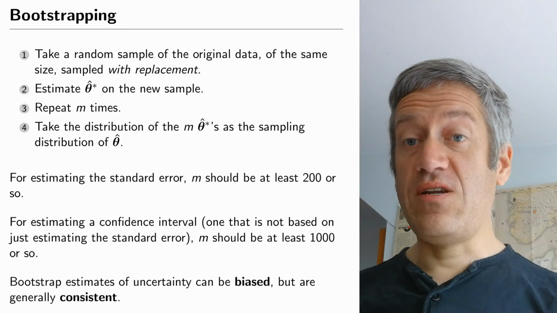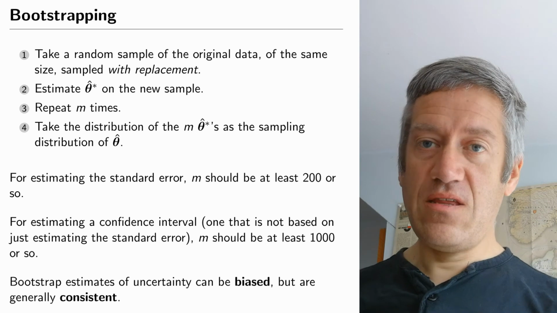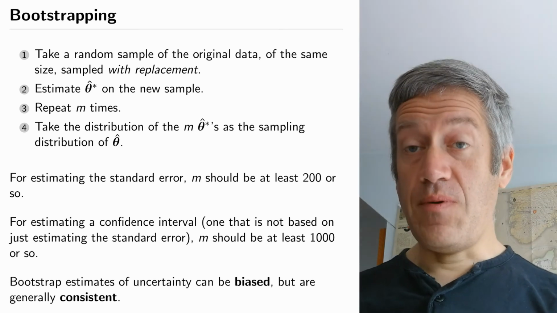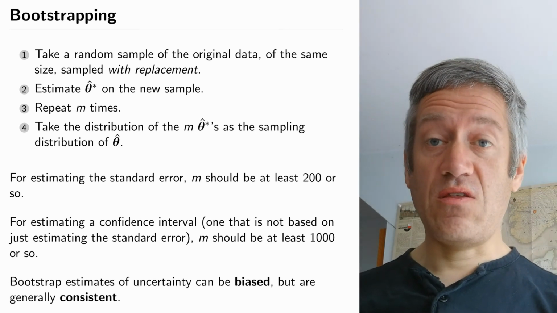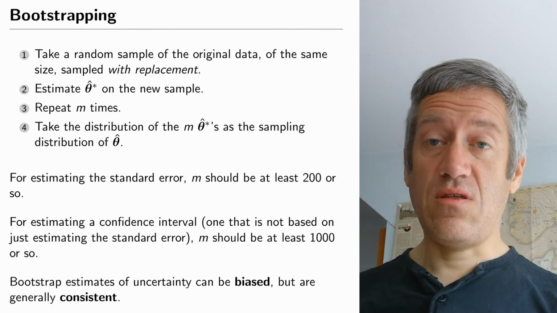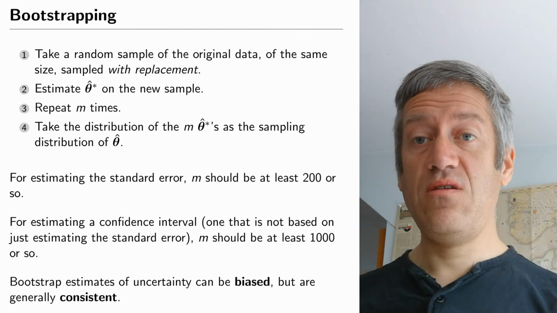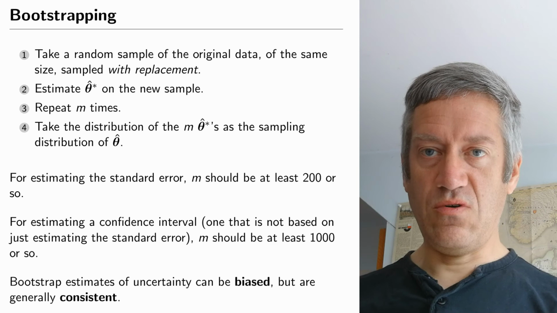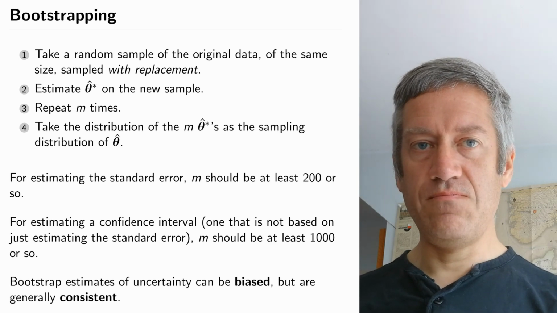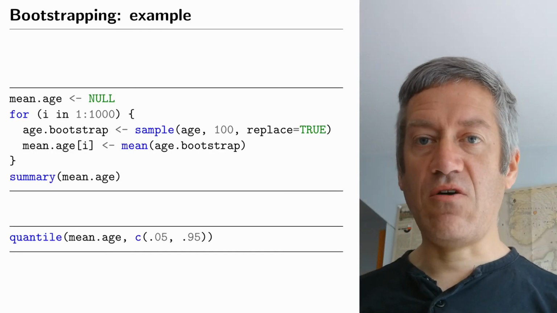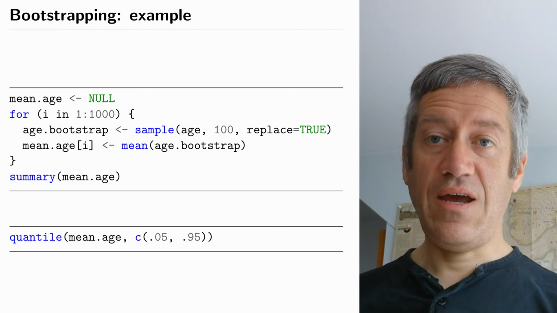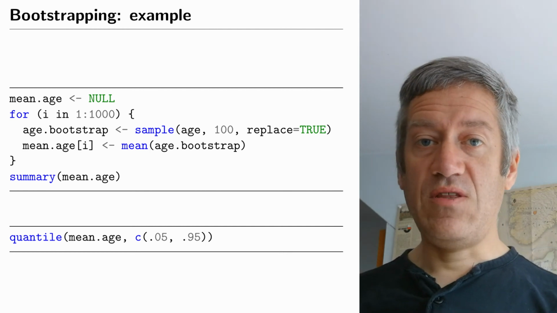And it has been shown that these estimates of uncertainty might be biased but are consistent. So as the sample size increases, or as the number of bootstrap samples increases, it converges to correct estimates of uncertainty. So here's a simple example where we calculated the mean age of a particular sample, and we take bootstrap